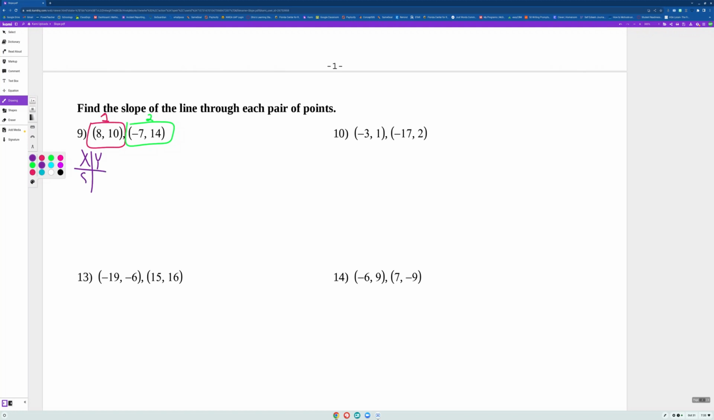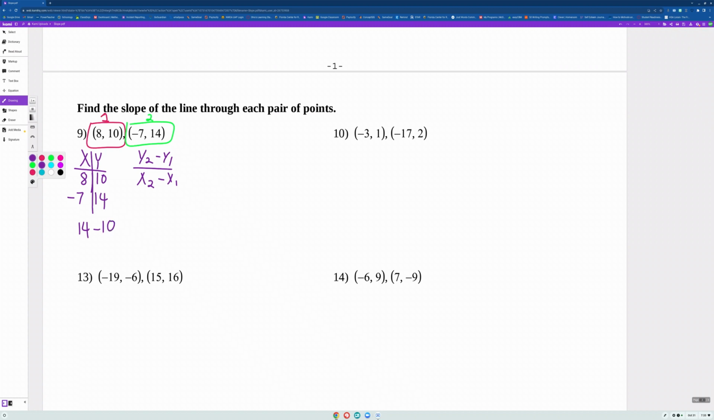My x is 8, and my y is 10 for my first group. And for my second group, my x is negative 7, and my y is 14. So from here, you can go ahead and plug it into your slope equation, which is y2 minus y1 all over x2 minus x1. Once I do that, and I plug in my values, I'm going to get 14